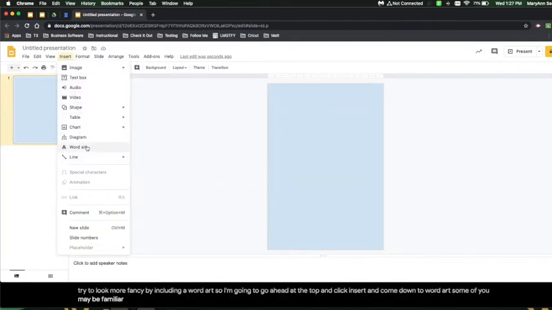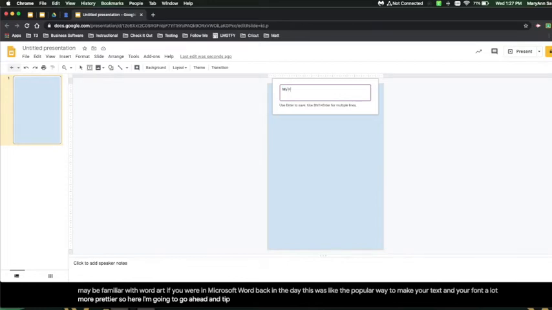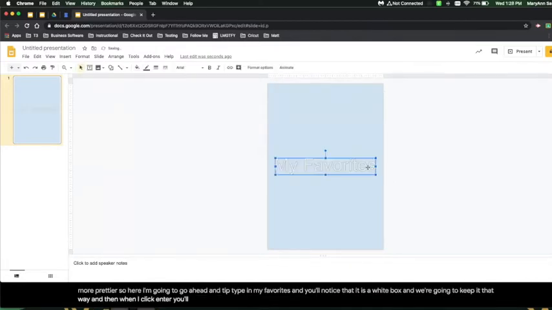Some of you may be familiar with word art. If you were in Microsoft Word back in the day, this is the popular way to make your text and your font a lot prettier. So here I'm going to go ahead and type in My Favorites. And you'll notice that it is a white box, and we're going to keep it that way. And then when I click enter, you'll notice it will change into a word art. It's already defaulted to the Arial font with a gray text with a darker brown, black